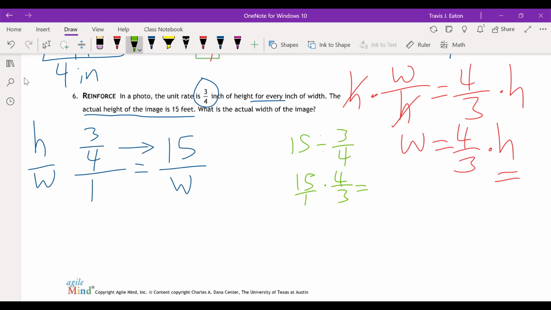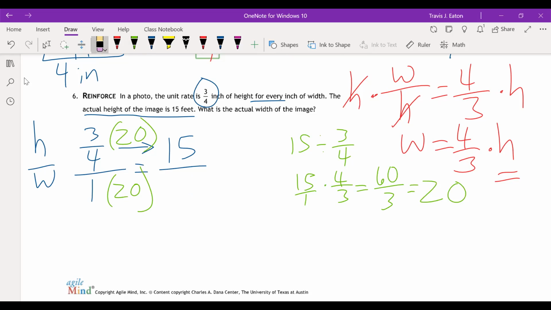Well, 15 times 4 is 60, and 1 times 3 is 3. And what is 60 divided by 3? It's going to be 20. So we take 3/4, multiply it by 20 to get 15. And then, of course, 1 multiplied by 20 is just 20. So our width ends up being 20